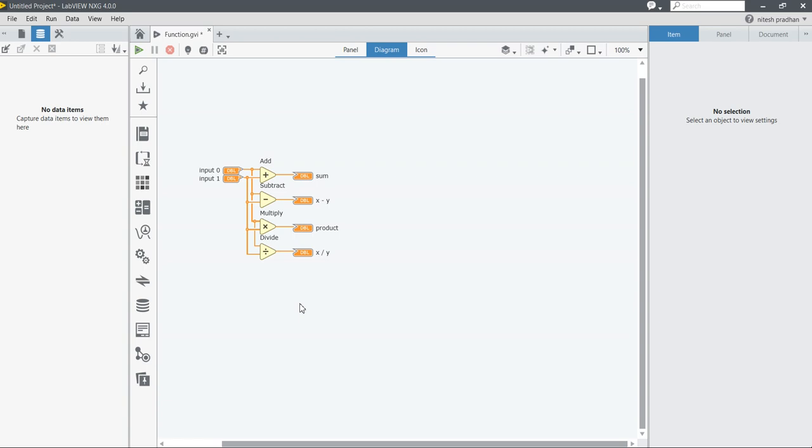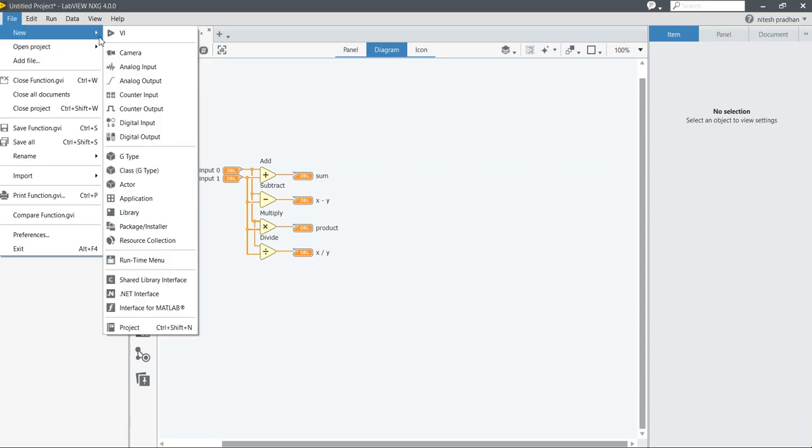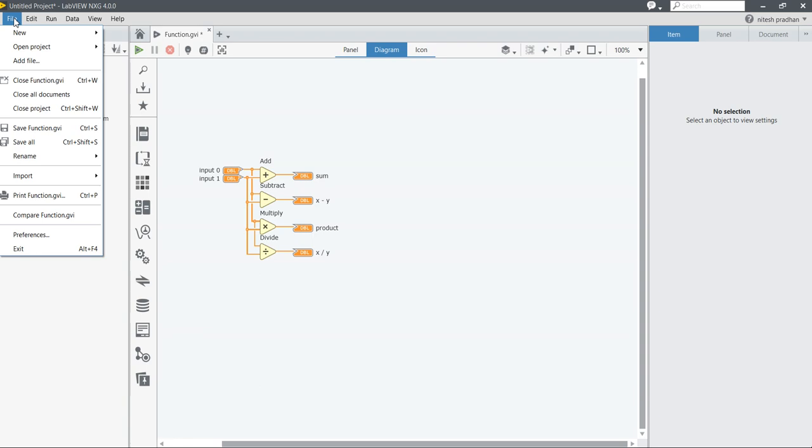And now, one more example here. So I will try to save these functions. Let's come to File and save.